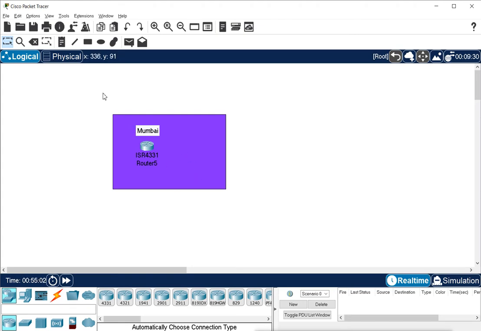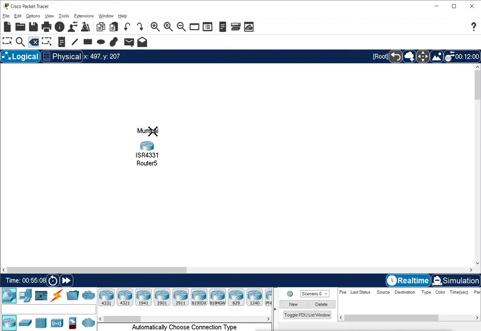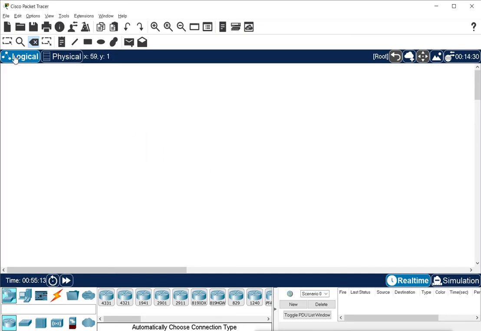I will delete this first. Okay, so I'm going to select one of these routers here, and I want to configure that router. So let's say I select this router here. Now I want to configure this router. For configuring the router, we connect the router through the console port to the PC's serial port, so that we can get the command line interface of this router, and then we can configure the router.